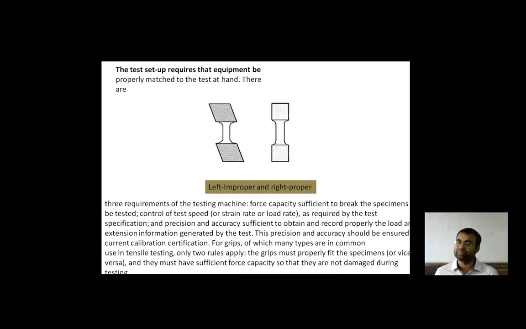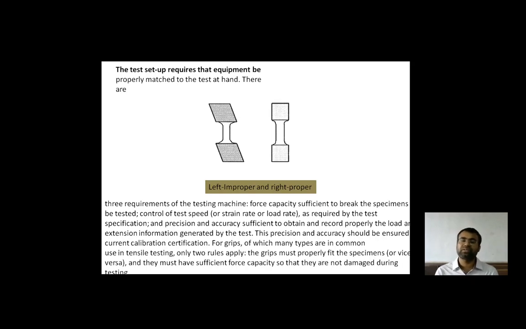The three requirements of the testing machine: force capacity sufficient to bring the specimen to failure। ये बहुत जरूरी है कि आप भाई जिस पर्टिकुलर मटेरियल को चेक करने जा रहे हो उसको लोड को बियर करने की क्षमता उस पर्टिकुलर टेस्टिंग मटेरियल मशीन में है कि नहीं है। The control of test speed, ऐसा नहीं कि आपने लोड इतना ज़्यादा लगा दिया कि वो एक बार में ही गड़बड़ हो गया। सो the strain rate or the load rate as required by the test specification,